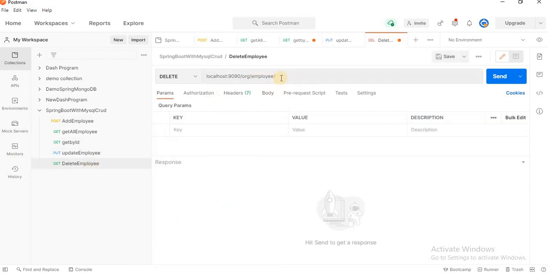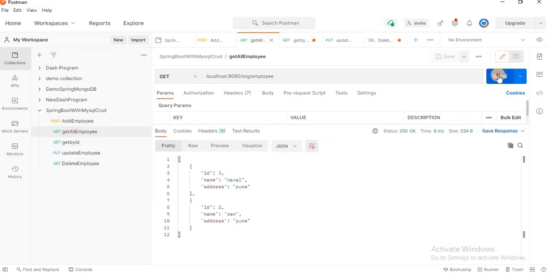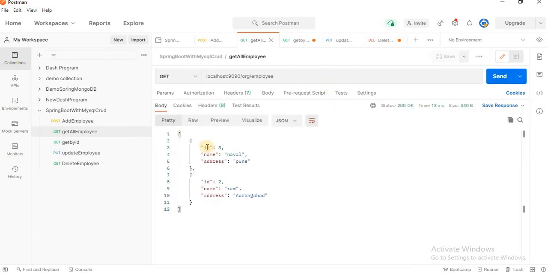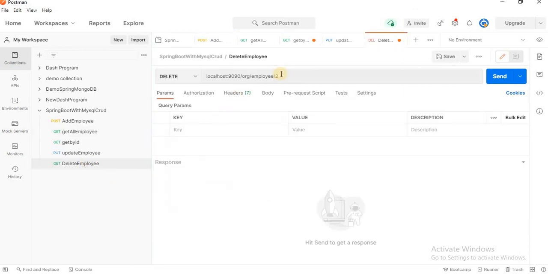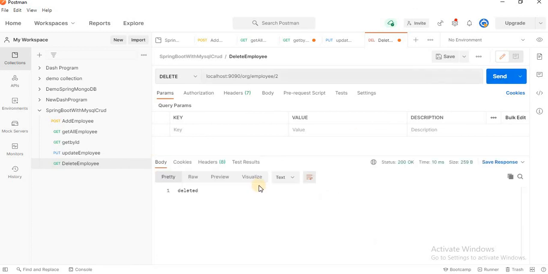Let's add a slash and put the id 2 and click the send button. First we will confirm how many records we have. We have 2 records, one record id is 3 and one record id is 2. Now we are going to delete record id 2. Let's click the send button and the message returned is deleted.